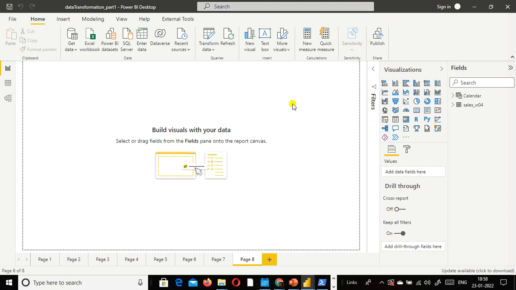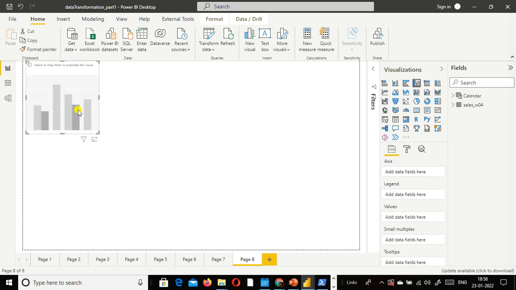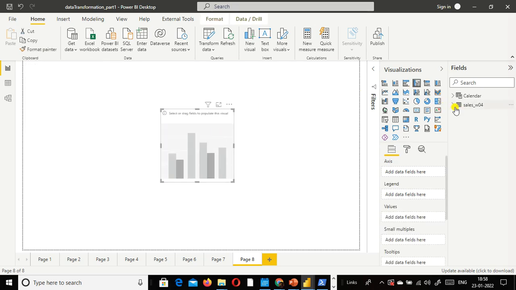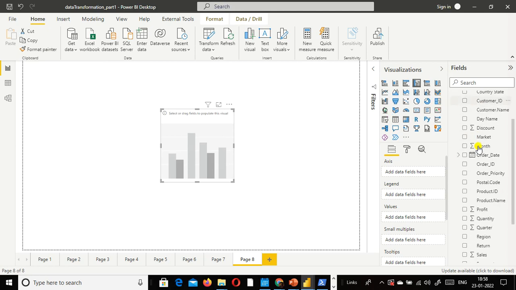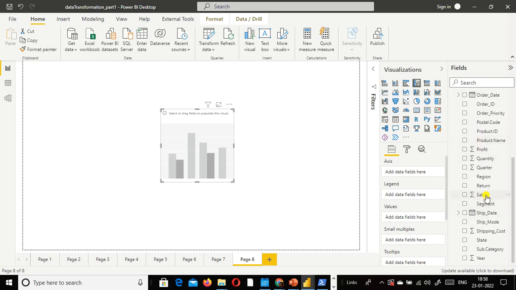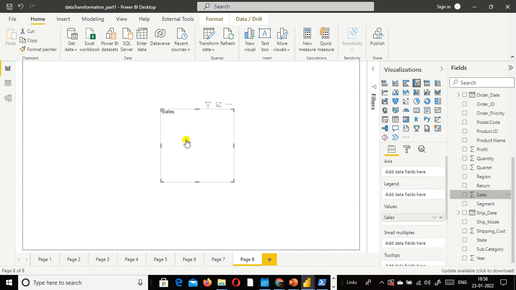Now whatever transformations I applied became permanent. So now I click on this visual. Now we will expand this and we'll see. Yes, I can see the summation icon just before this sales column. If I drag and drop this here,